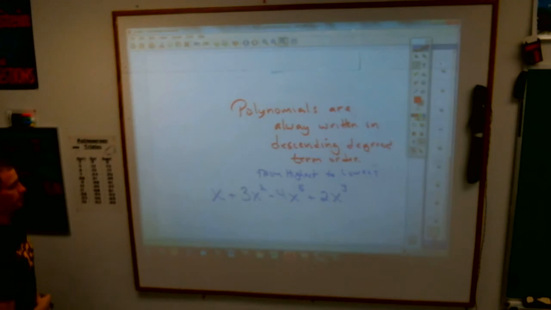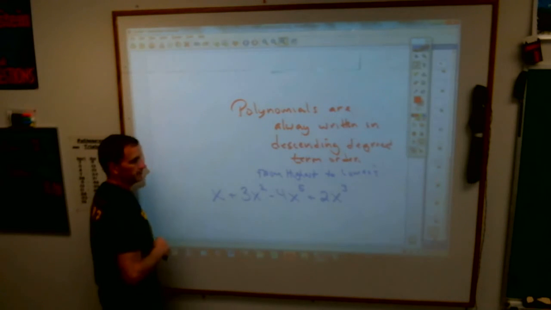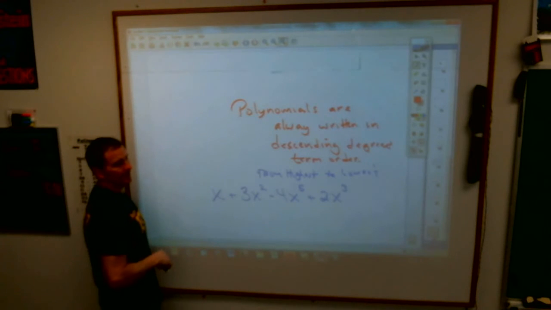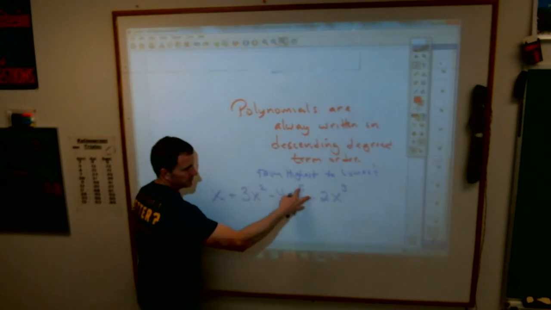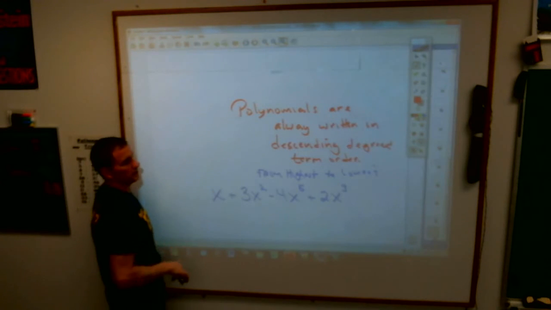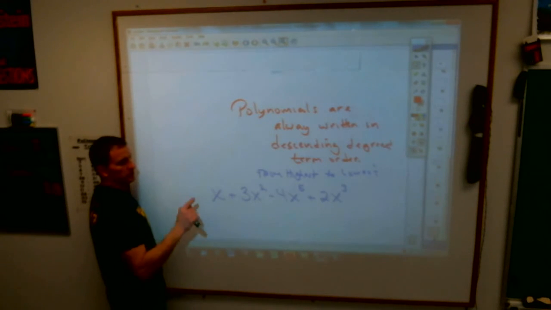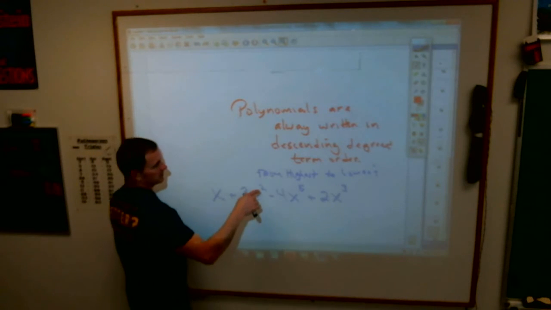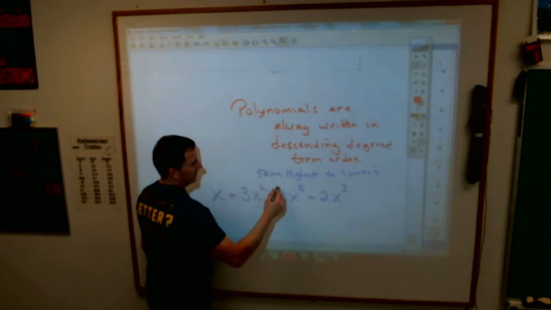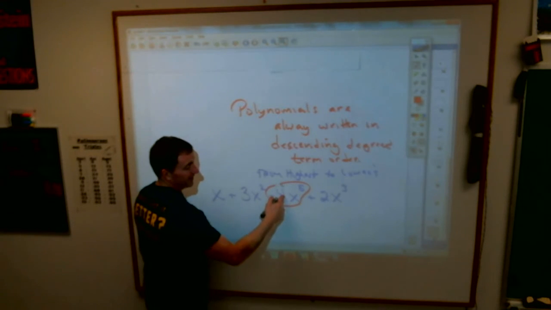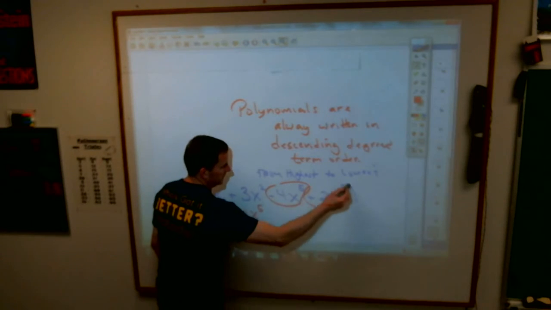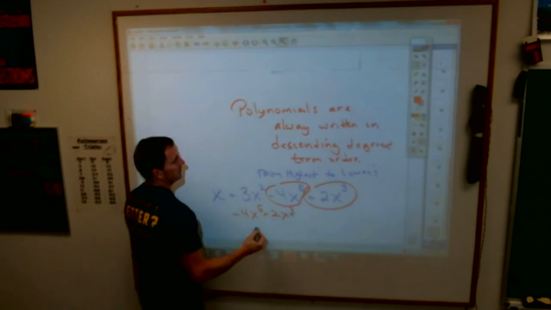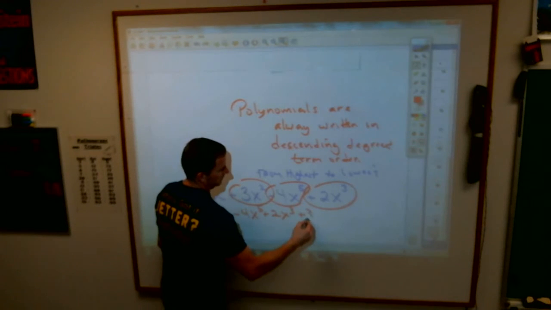If you have this example here, what this whole thing says in math, and this is more for just clarification than really it has to be, but that's just the way it is. This is 4 terms. When you have 4 terms or any multiple terms, you always write it starting with the highest degree term. In other words, this is a 1, 2, 3, and a 5. When you write this down as your answer, you should start with the highest degree term. You put the negative 4x to the 5th first, followed by the 2x cubed, followed by the 3x squared, and